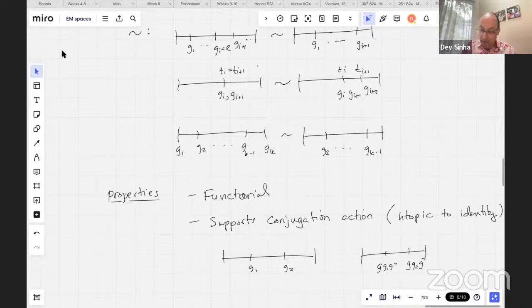So how am I going to relate these two? Well, I claim that there's a straight line homotopy where in between it's like this. If this is a